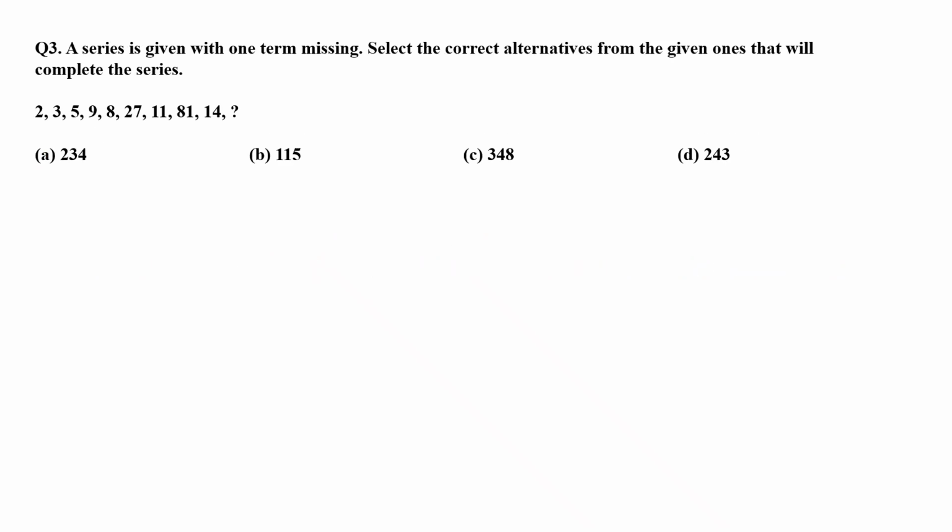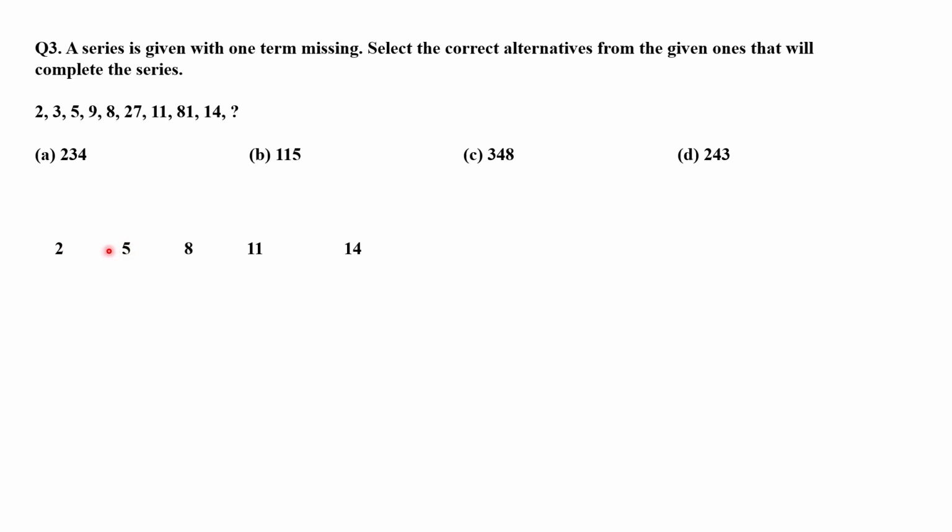Okay. Now question 3. A series is given with one term missing. Select the correct alternative from the given ones that will complete the series. And this is the series given. If you look at the series very carefully, actually it is made up of two series. The first series is 2, 5, 8, 11, 14,